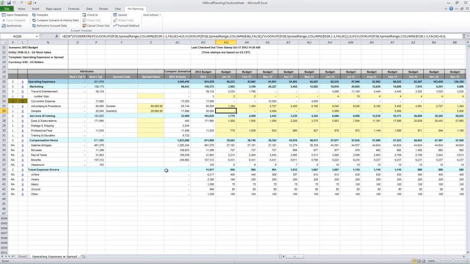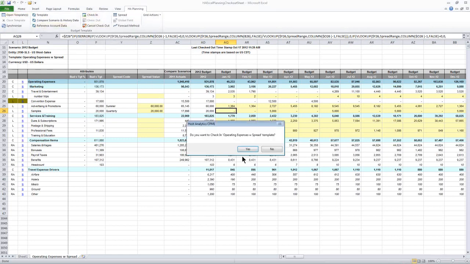I could do more with it, but what I'm going to do now is check it back in to the application. Let's say I'm done. I'm going to save it. And then it's going to be checked back in to the host application.